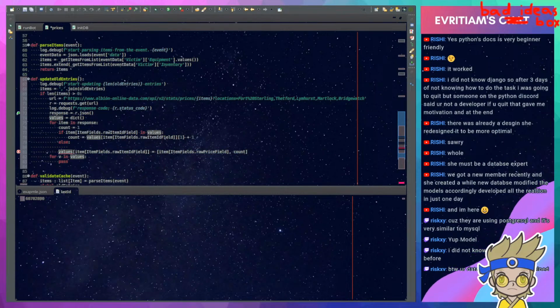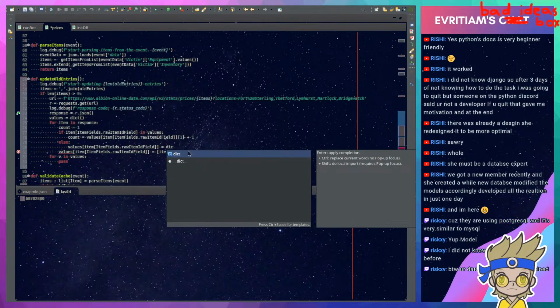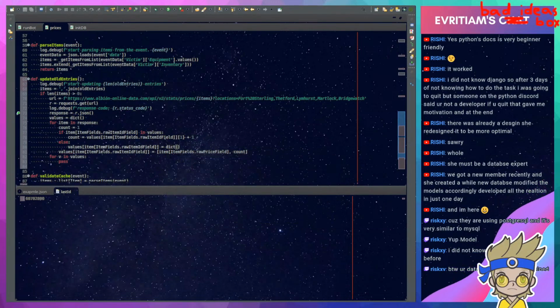Basically values, item field, item ID, be equal to new dictionary. That. And now